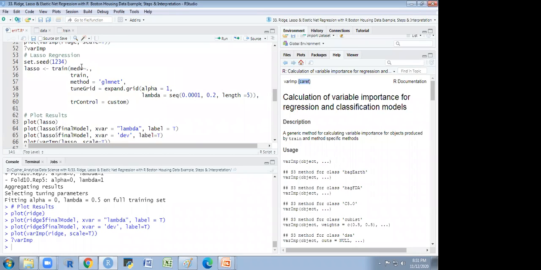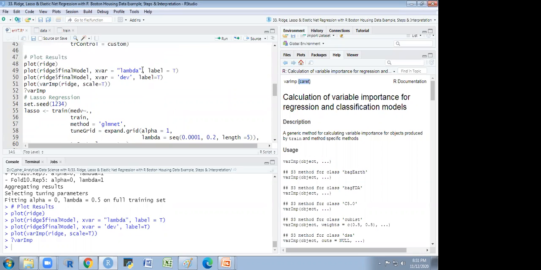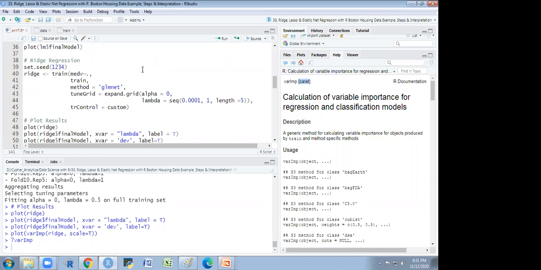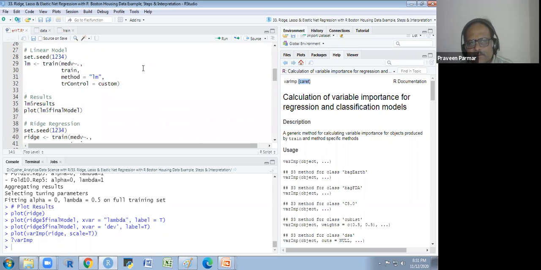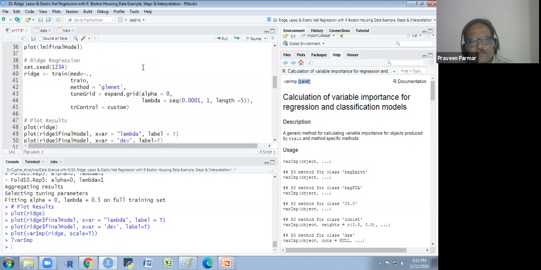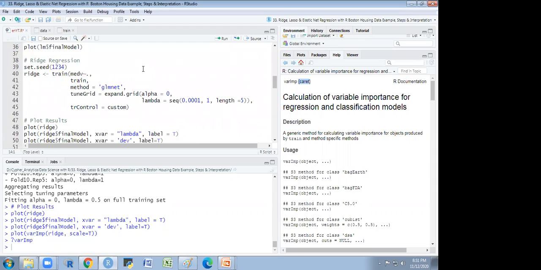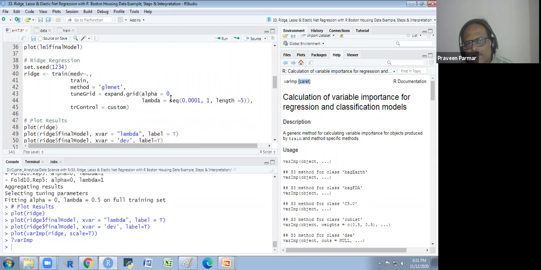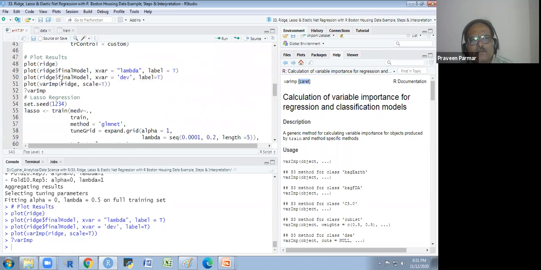Can we use that variable importance for normal linear regression also? Yes, we could use it. But here we are taking it with our ridge model, where we fix some value for lambda.